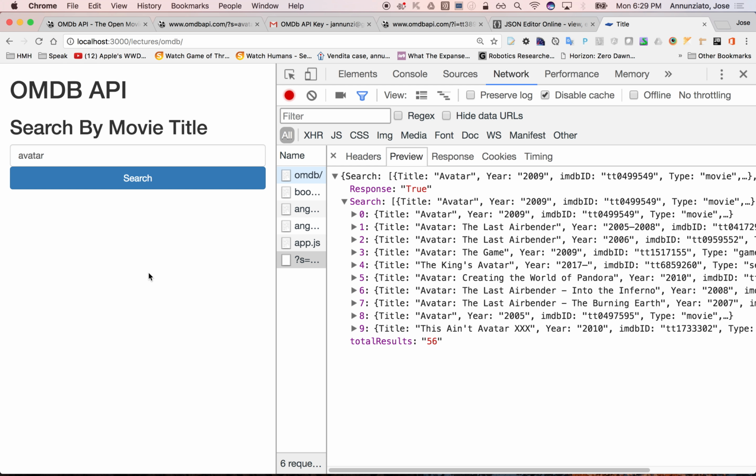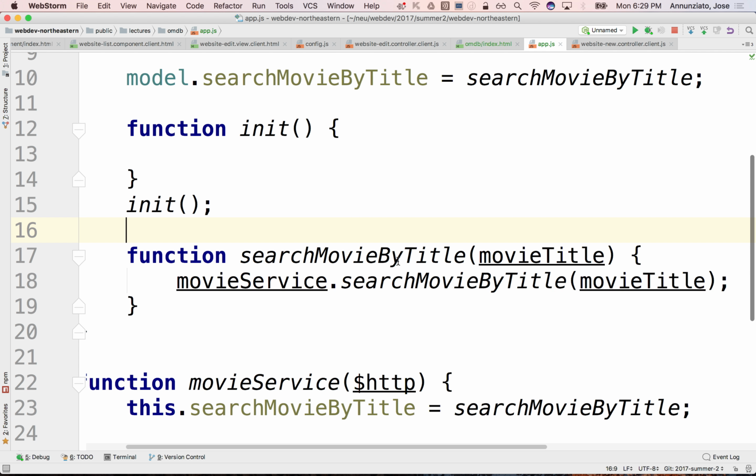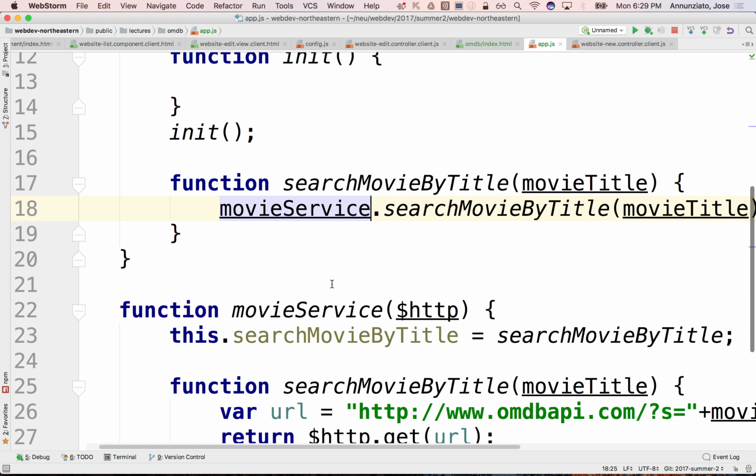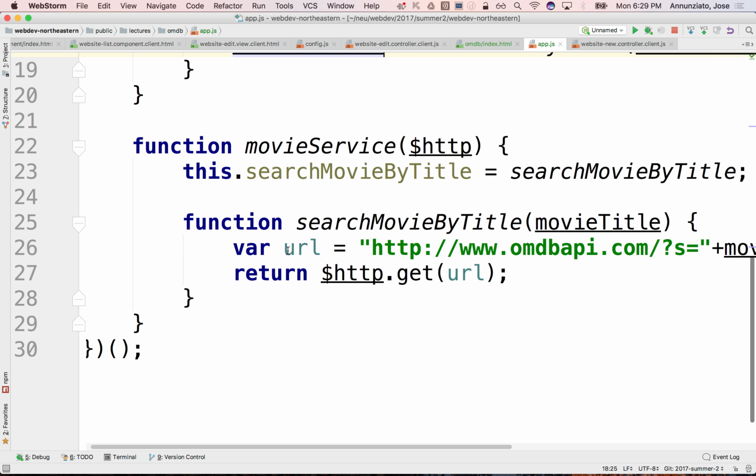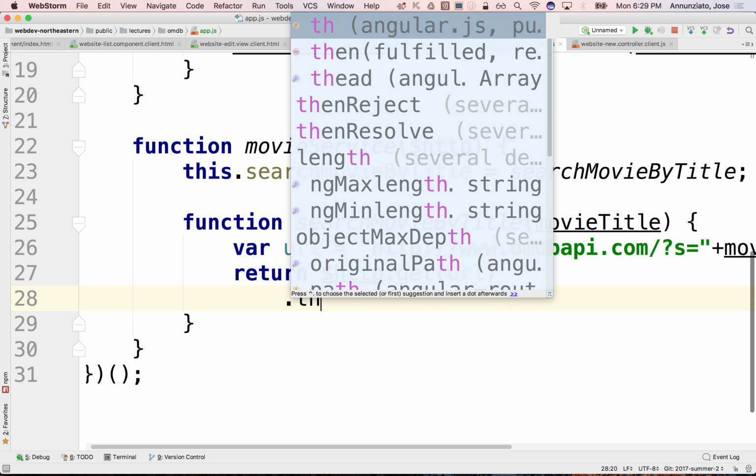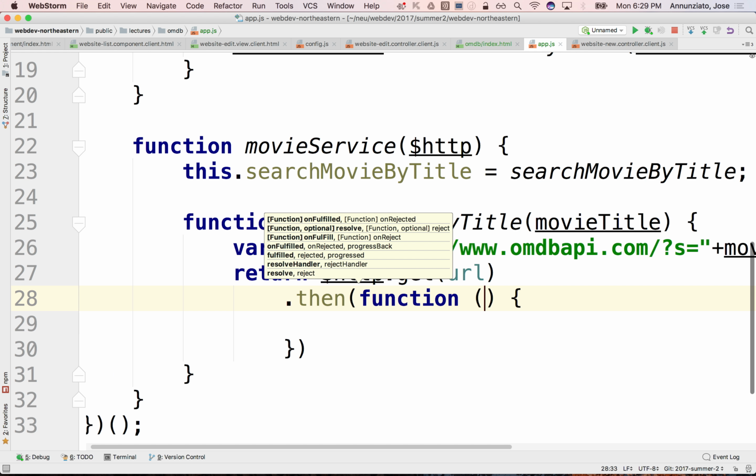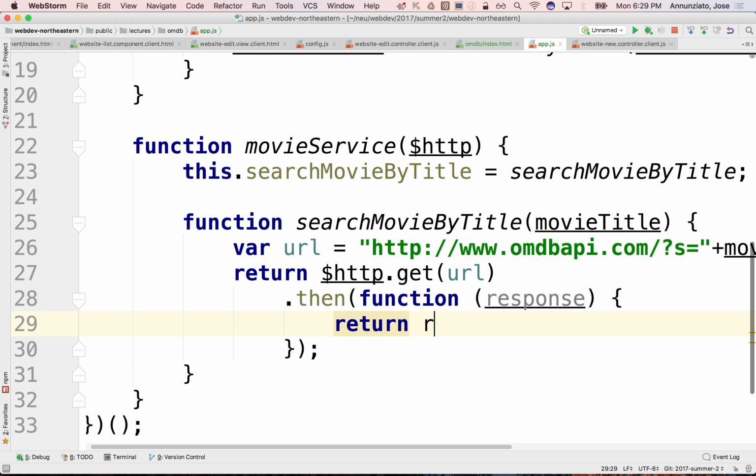So let's use that. If we go here, we could have the service do the unwrapping for us. It can take the response from the server and then return the data that is in there,